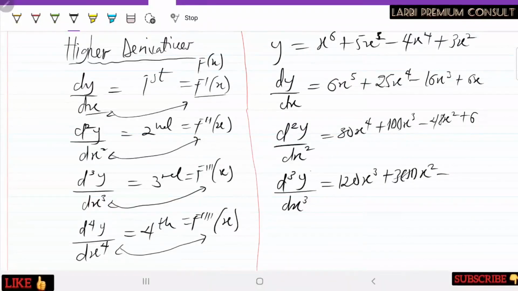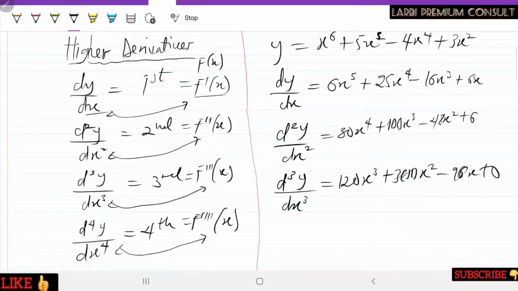Minus, I'll multiply the 2 by the 48, it's going to give me 96. Okay. And then I'll subtract 1 from the 2, we're going to get x. Differential of a constant is going to get me 0. So plus 0. That is all. So plus 0. For the fourth time,